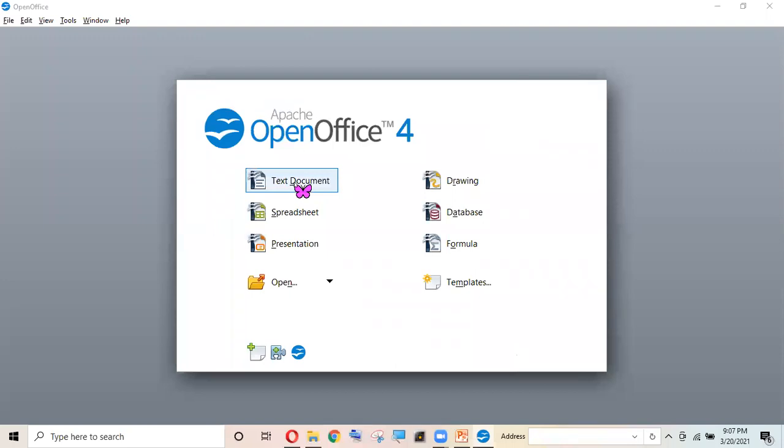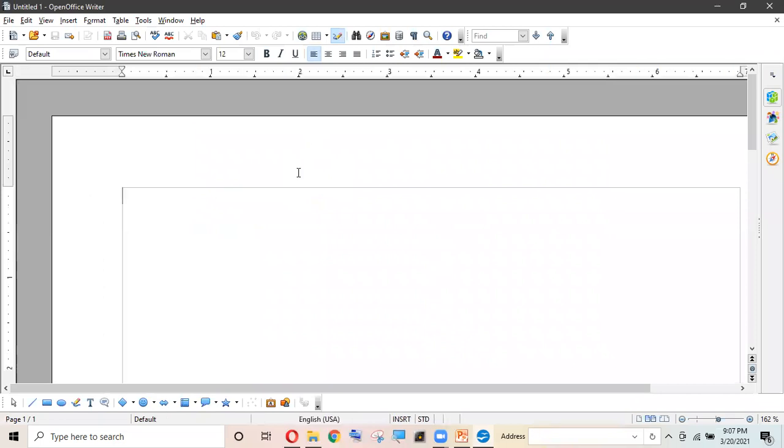So now let's open the text document. After opening the text document, you can type something for creating a template, but this also works as macros. I have already uploaded a video about macros. So let me give the details. I don't want to copy for each and every student, so I can use a template in this case.